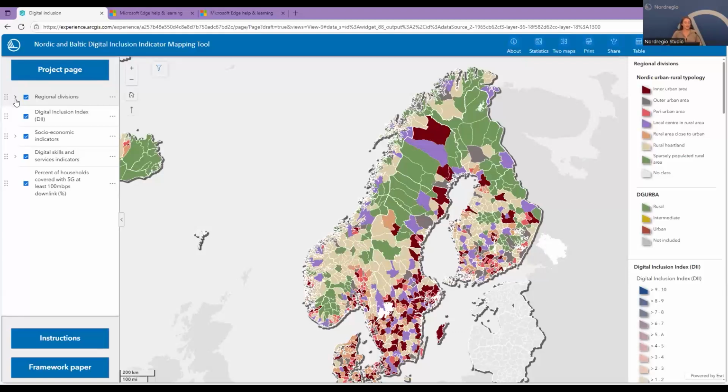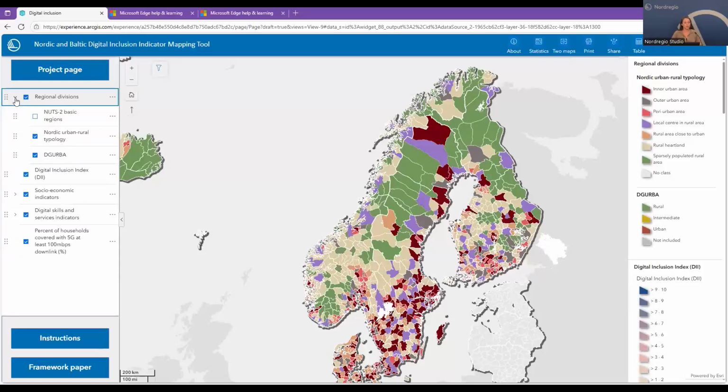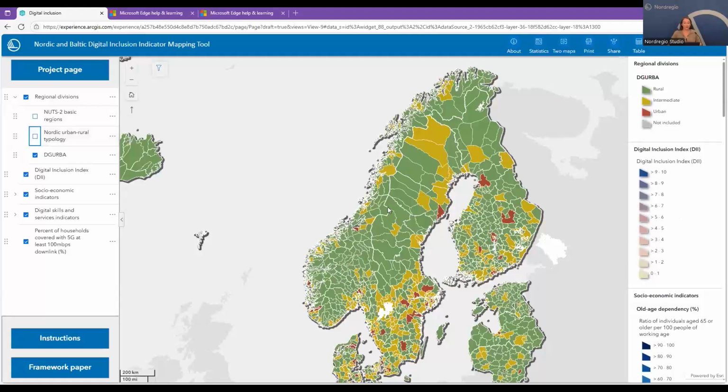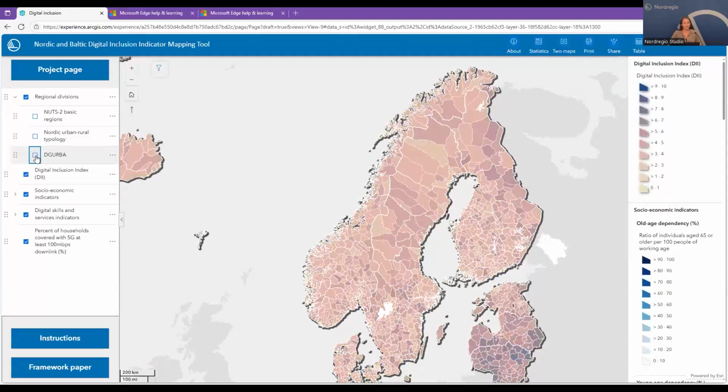If you click on the arrow here, you see that 3 layers are available under the regional division chapter: the NUTS2 basic regions, the Nordic urban-rural typology, and the DigiUrban typology. By clicking on the blue box, you choose to visualize this layer, or if you click it off, the layer disappears.